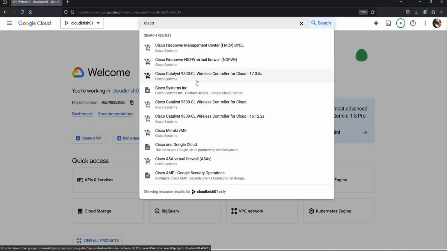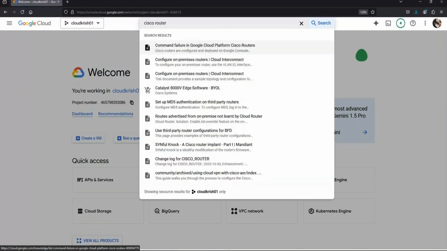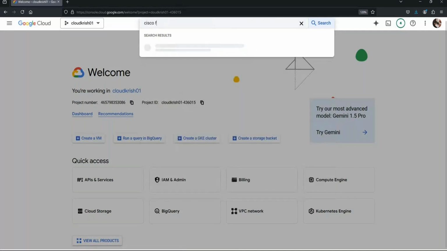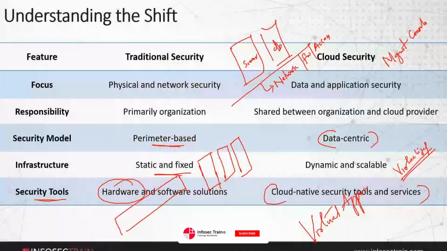See this, team. Let's suppose I'm going for a router, just as an example. I can go for a router here, but this particular router is a virtual appliance. If I go for a firewall, what happens, team? I can get a firewall, but this will be more of a virtual appliance than a physical device, right? So that way the cloud has changed, or in fact the cloud is changing a lot of things when you go to a cloud infrastructure from the on premises.